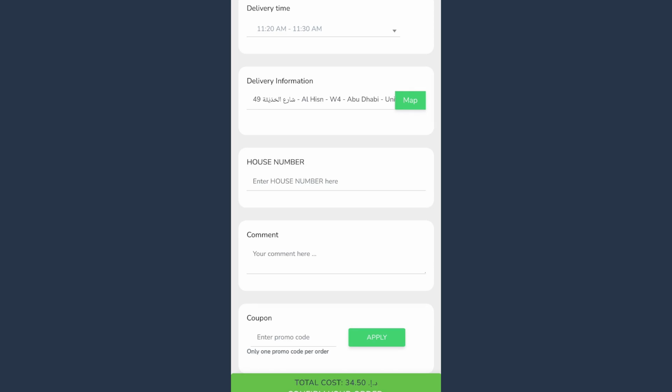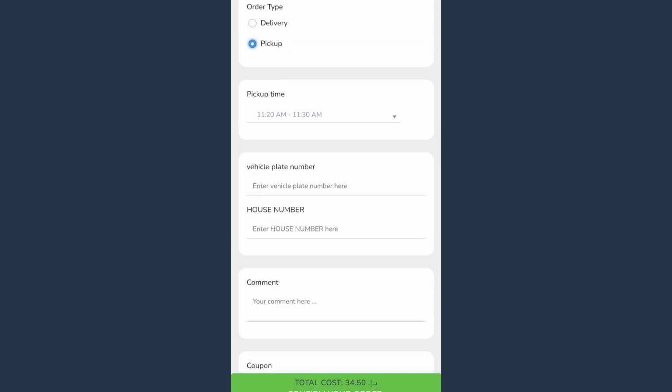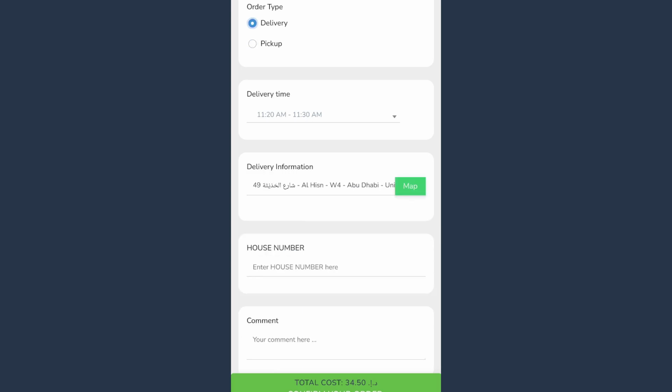So here is the house number. You can put anything you want, maybe a membership number or a vehicle plate number in case of pickup. See, if you click on pickup, it will give you a vehicle plate number option. Maybe this is the vehicle which is going to come and pick it up. So this is optional, which a store can give you.